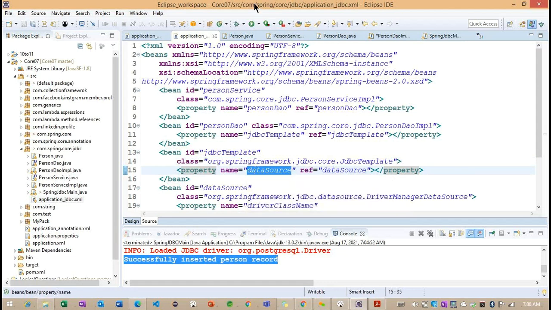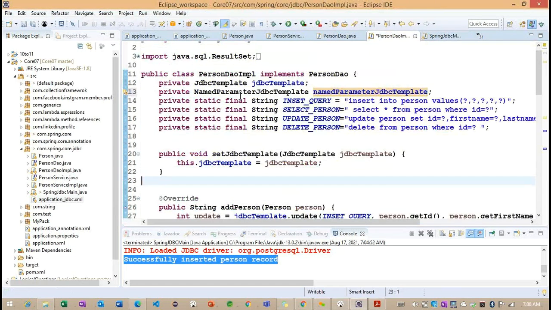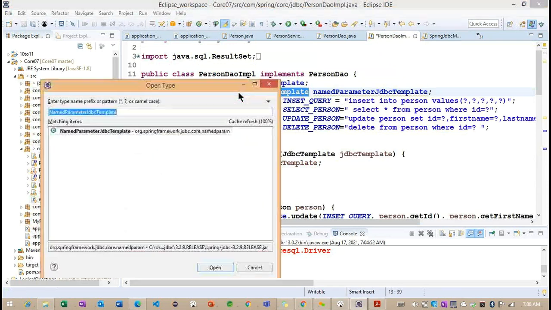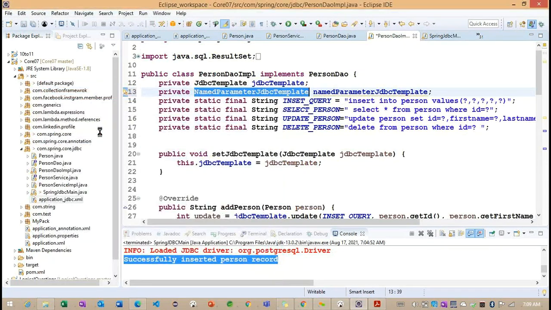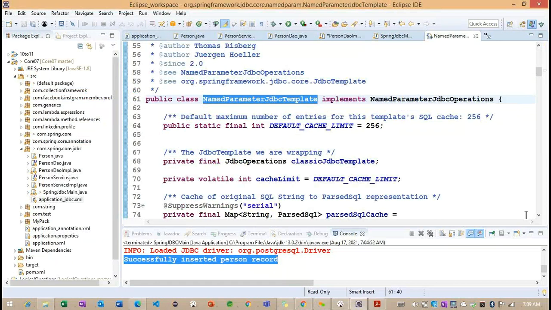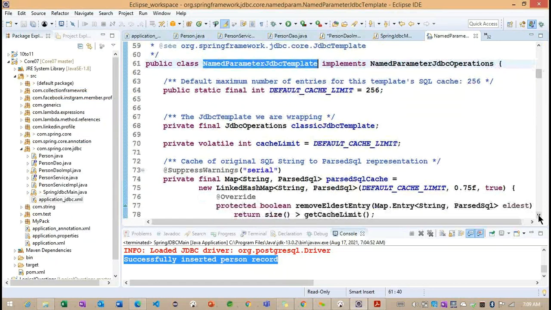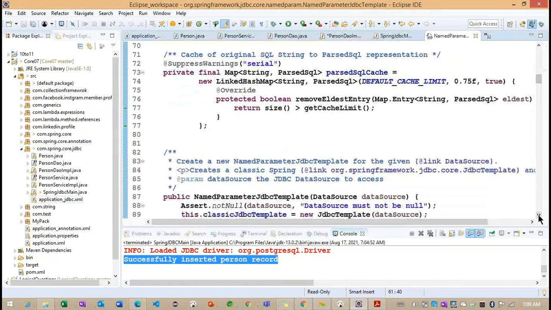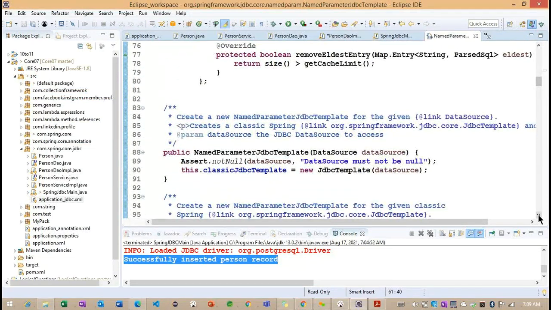Okay, so back to here, inside this DAO impl, I want to open this named parameter JDBC template. We need to understand whether it is using setter or constructor injection.